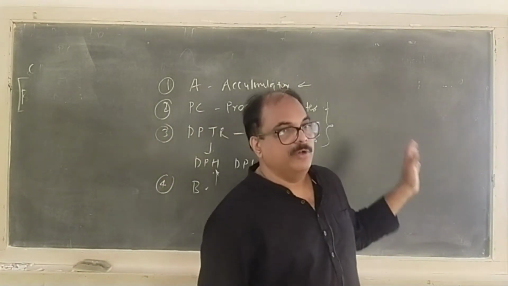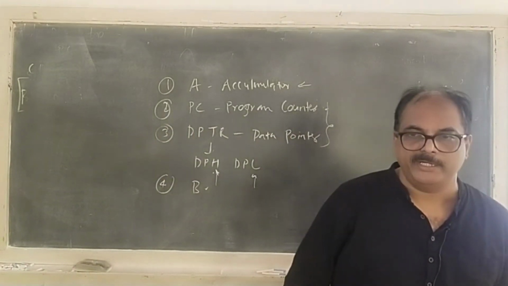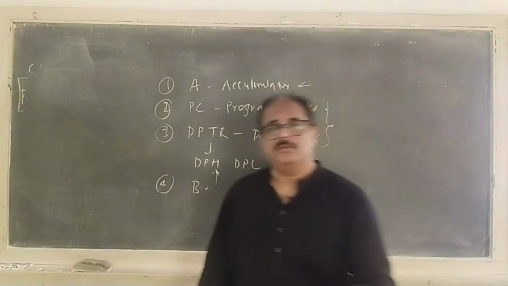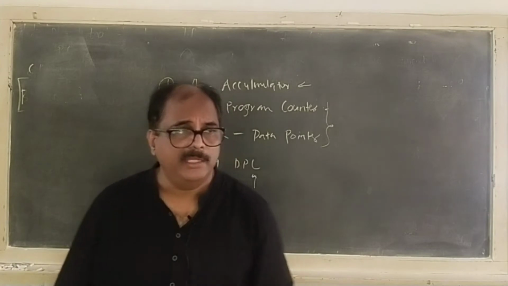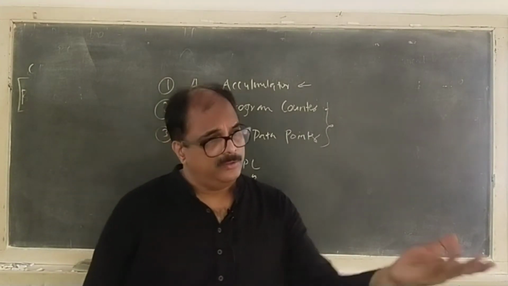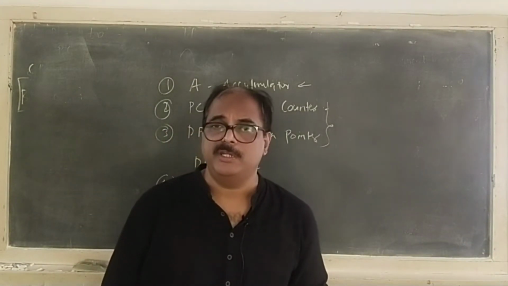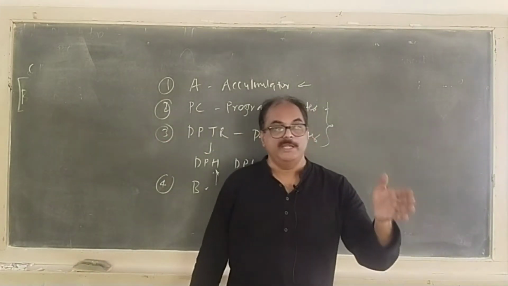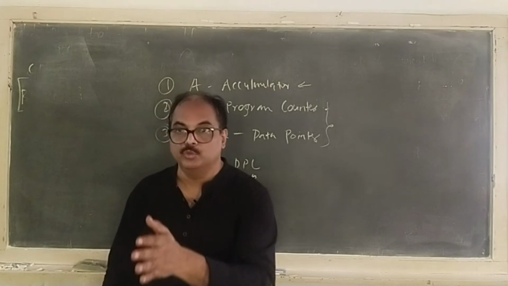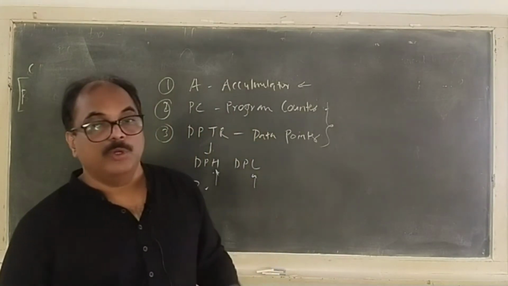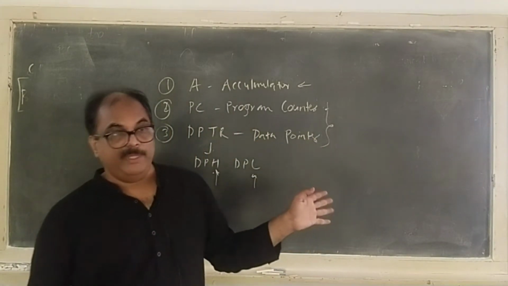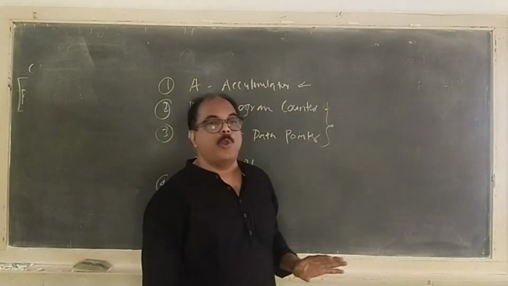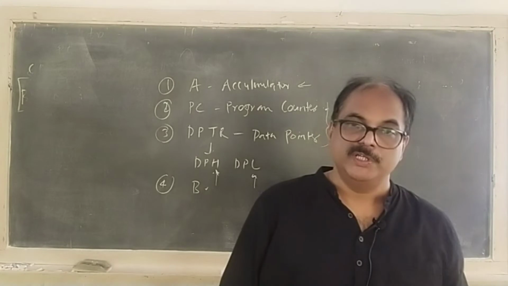Okay, I propose that in the practical you might have done the multiplication of 2 numbers. Have you done this practical? If not, you can do it on your Keil. If you have Keil, maybe you can write that program of multiplication and division and understand how exactly the accumulator A and register B are used. Okay? So don't ask me what is the full form of B. There is no full form for B. Since we are calling the accumulator A, there is one more register called B used in multiplication and